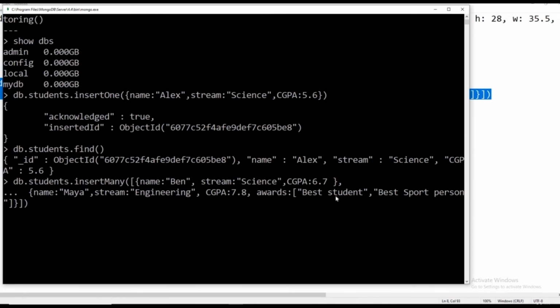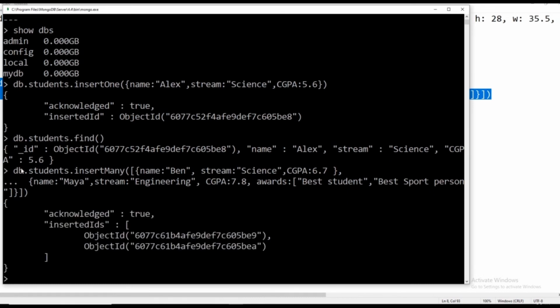MongoDB provides a flexible schema. It allows you to add more attributes in a document, and it is not compulsory that each and every document must have the same number of attributes or fields. For example, when we insert the first document, Ben, we considered only three fields: name, stream and CGPA, but for the student Maya we have added the extra field awards. This is allowed in MongoDB. So just press enter. This message indicates that we have successfully inserted two documents in the students collection,